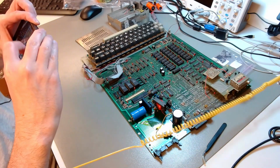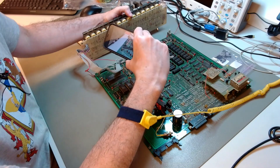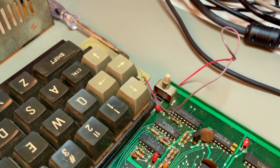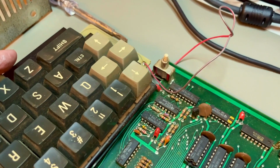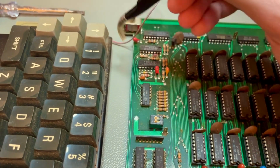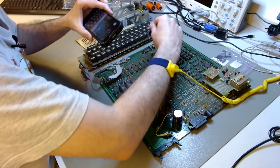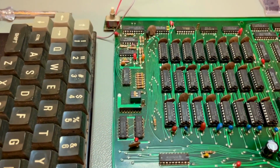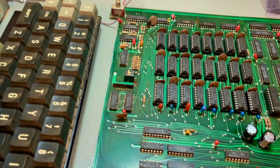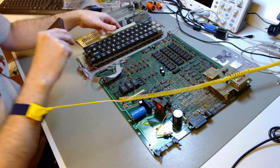Let me make some observations about this board here. As you can see, the keyboard board is different than the main board. And this computer originally should have only one board. And if you notice here, there is this protrusion here, and it fits exactly with the keyboard in there. And you can also see that this green board was cut by hand. It has been sawed out, this segment here, by hand, the little rectangle here, and there. So what was here before was the continuation of the green board, which had the keyboard on it. That was sawed out, and this other board, which comes from Microshop, which doesn't even have a